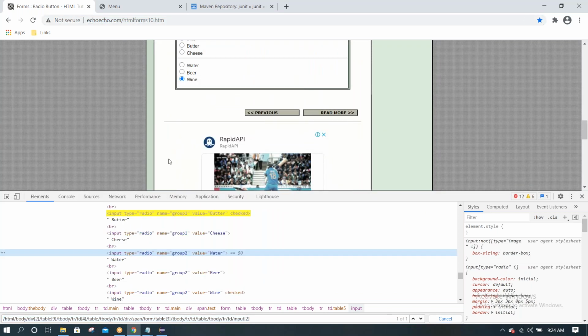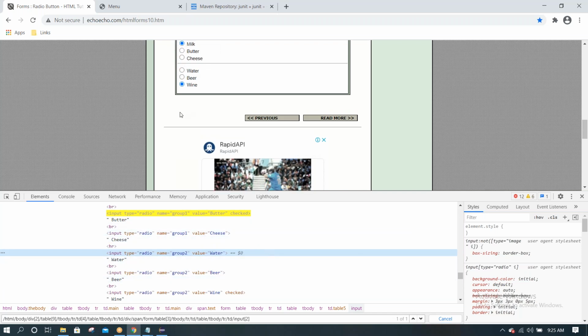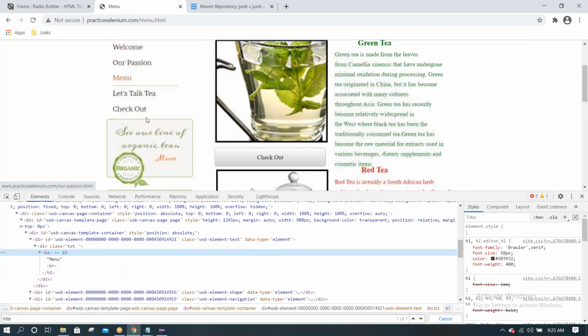Someone mute yourself. Like in this case, type equal to their name value. The text is not displayed separately here. In this case, if you want to get the value of this element, we need to use get attribute of value. Sorry, we can use get attribute; we cannot use get text. Text is not separately injected here. Text is injected with the attribute. So for all this, we can use that.